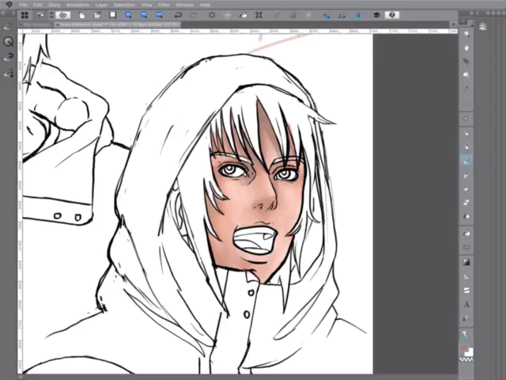And really, when you're making a manga, it's all black and white, right? It's just lines and screen tones and things like that. So it's not critical that you have the colors for your characters nailed down before you start.